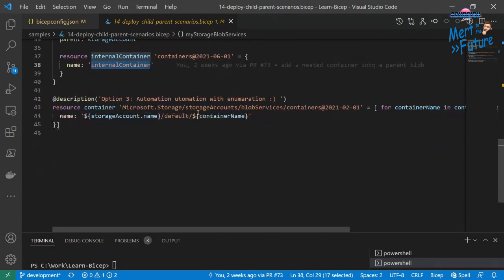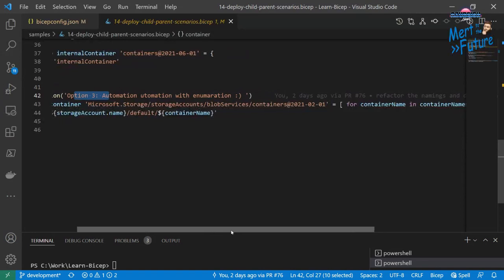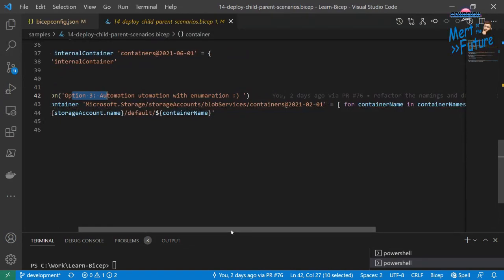And the last one, option three that we have here, we are going to deploy this file into our Azure environment to see how they are dealing there. And the last one is how we can automate things. Let's say you have like 50, 100 container names that you have to deploy into a given storage account because that's the pre-setup for the application that you are running in production. So you can do that using this,